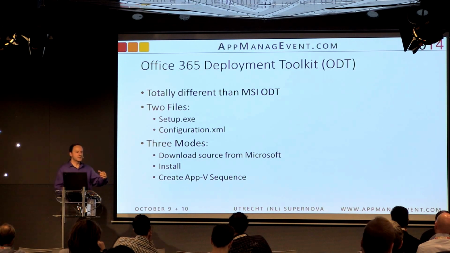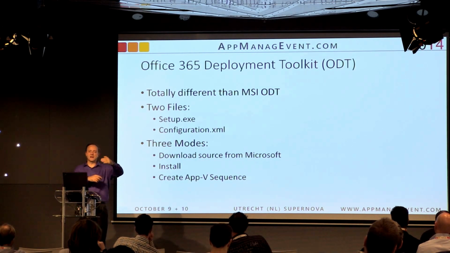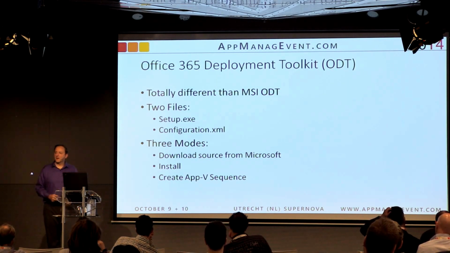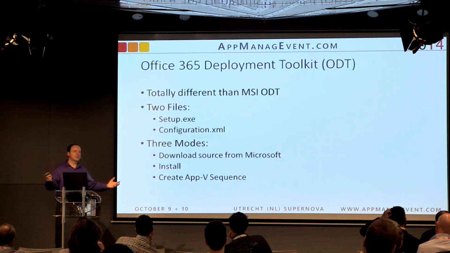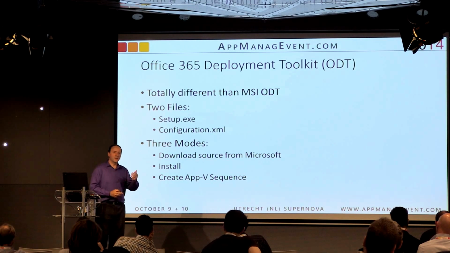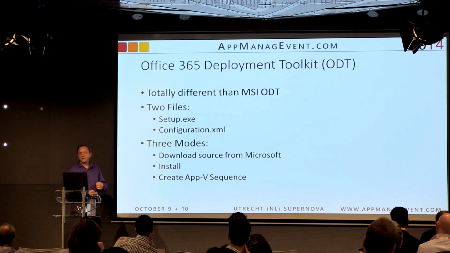Download files from Microsoft. So use the same config XML and you say download the latest release or download these specific releases. I want these 5 language packs, and you download from Microsoft. Anyone can do it. Anyone in the world can download the source because it's licensed per user. They don't care who has the source. If you don't have a proper login, it's not going to activate the product.